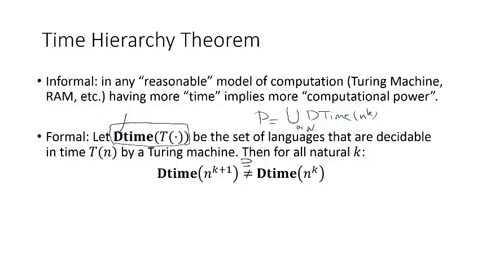What the theorem says is that they are not equal. Basically, the left side is a larger set. So everybody is comfortable with the definition of deterministic time n to the k and this theorem? The statement of the theorem is clear to everybody? Okay. Now we want to prove it. So